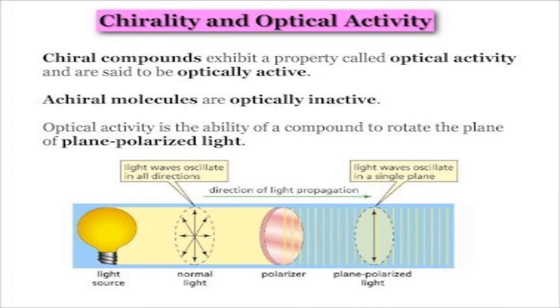In the structure, if a carbon atom has a valency of 4, and all 4 valencies are different, that means the 4 bonds attached to the carbon are different, it is called an asymmetric carbon atom. What is asymmetry? It is the opposite of symmetry. In nature, we have seen many objects which are symmetrical. For example, a ball or a circle is symmetrical. How to say it is symmetrical? When you draw a diameter through the center of a circle, you can see two identical halves. So a circle is a symmetrical object.